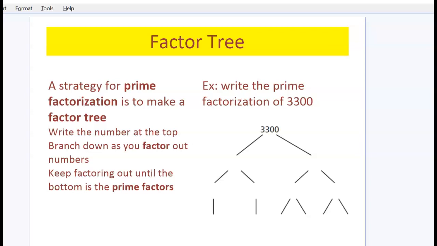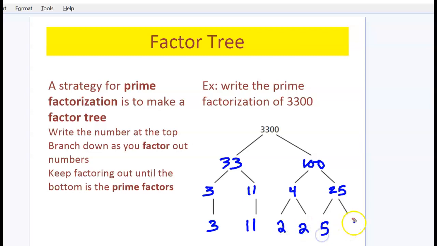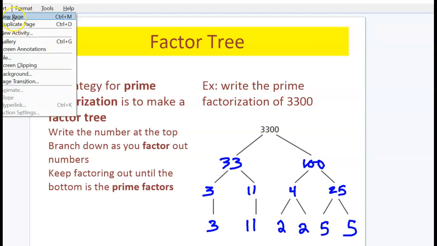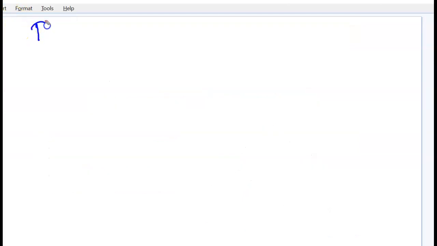So if we wanted to do the prime factorization of 3,300, we could start by breaking that down into 33 times 100. And then 33 breaks down to 3 times 11. 100 could break down to 4 times 25. 3 and 11 are already prime. 4 would break down into 2 times 2, and 25 would break down into 5 times 5. So now if we were asked to list the prime factors